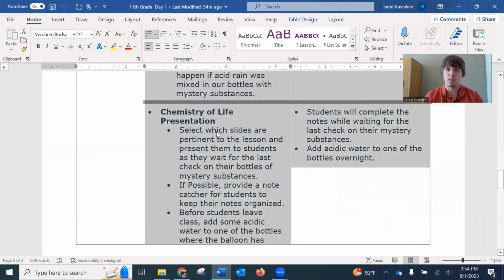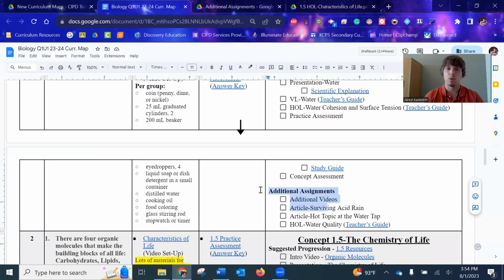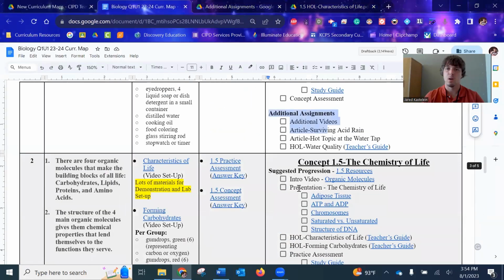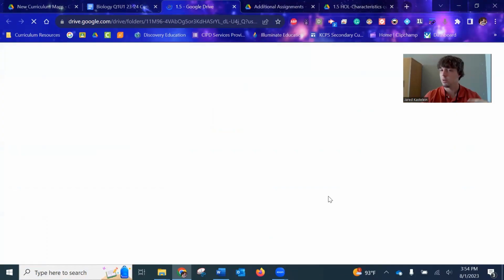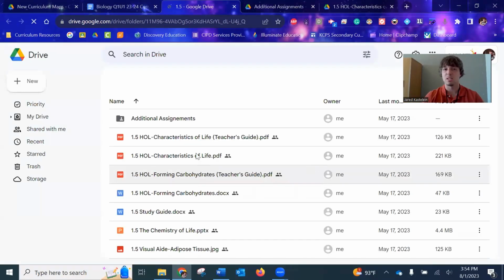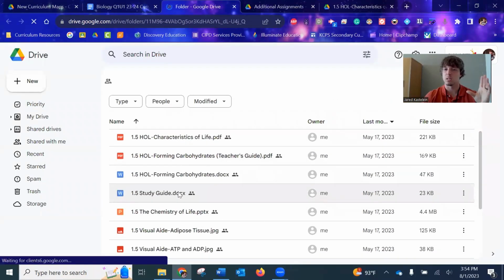Maybe there's a creative way that you can do this, but I'll go ahead and simplify down my slides. If you'll notice the current slides that I have right now for the chemistry of life, let's go ahead and open that up. There's a ton of slides and we don't need to go over all of it. So I said for my lesson plan, I was just going to go through and pick a select few slides